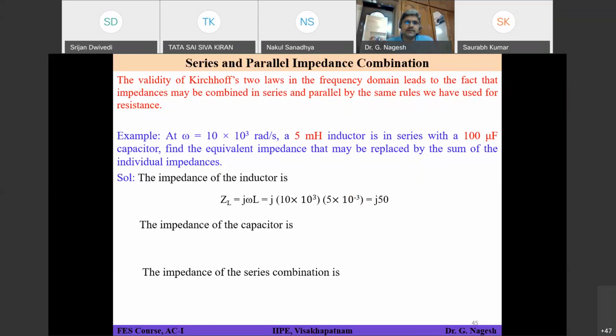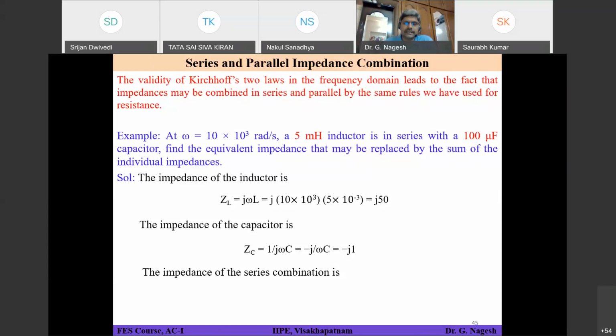So how have you calculated XC? The XC formula is 1 by j omega C. If you call it ZC, ZC is equal to 0 plus 1 by j omega C. Always remember, for an inductor it is j omega L, and for a capacitor it is 1 by j omega C, so it will be in the denominator. So ZC, or XC, is equal to 1 by j omega C. In the denominator we have j omega C.